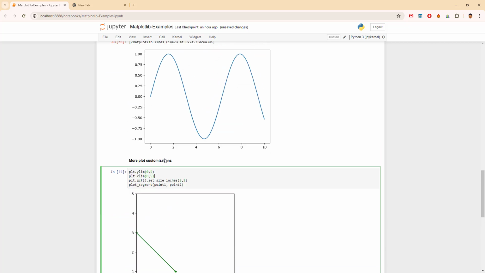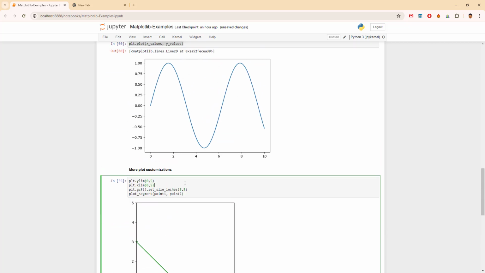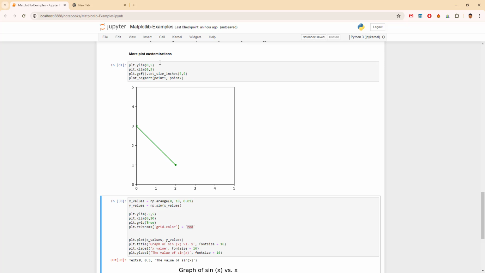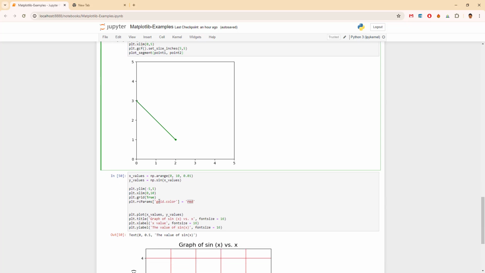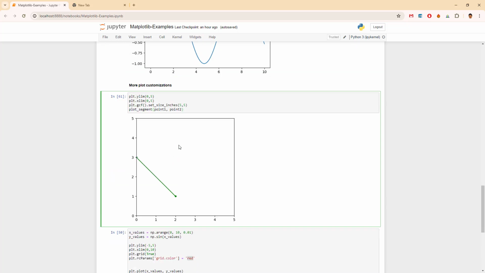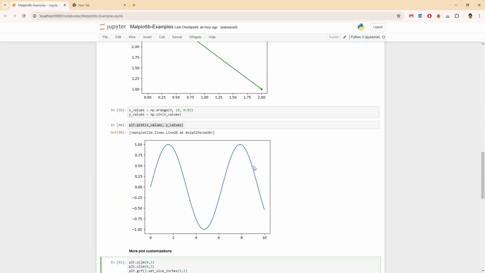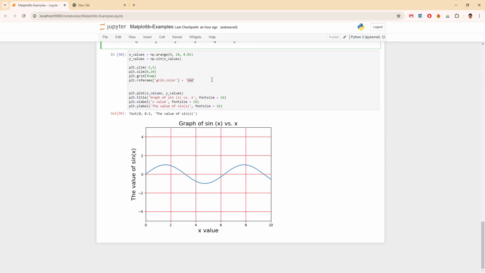And in order to fix this thing, we went to more plot customizations, which pretty much said, okay, we have a limit of y and x, and we are using 5 inches, so it's okay. We plotted the segment here that was looking like this here,